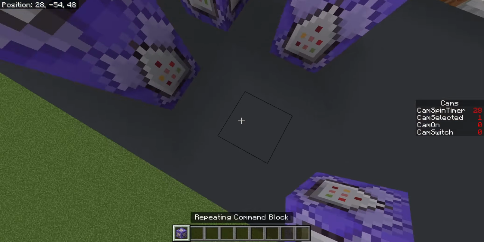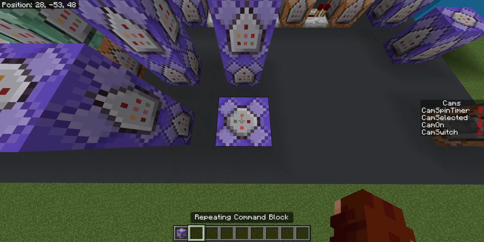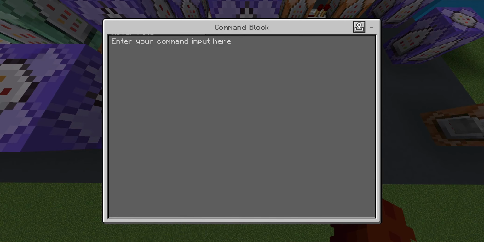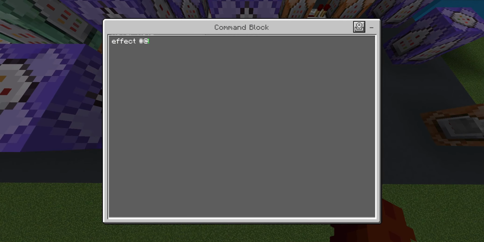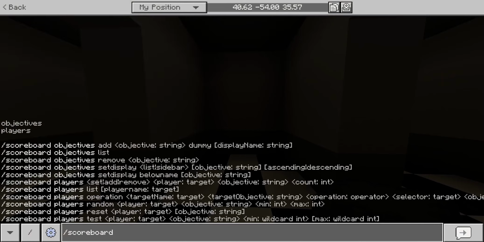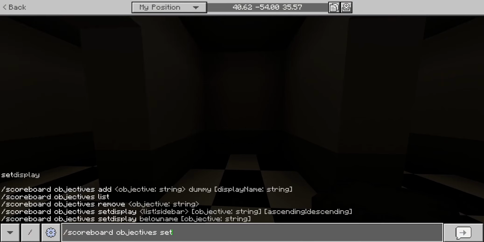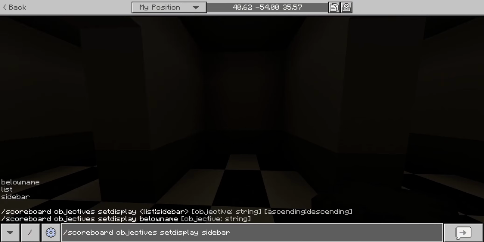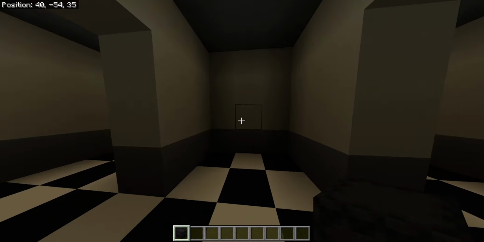Then what we do next is take a repeating command block, place it down, set it to always active, and then effect @e[tag=invis] with invisibility, and we're going to set it to 1, 1, and then true. Now if we just type /scoreboard objectives setdisplay sidebar, then our scoreboard is now gone